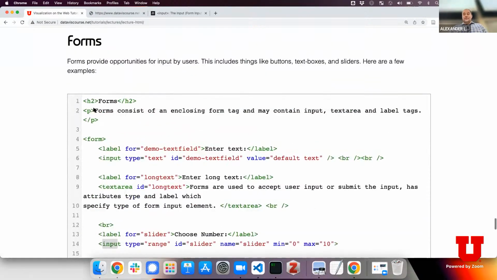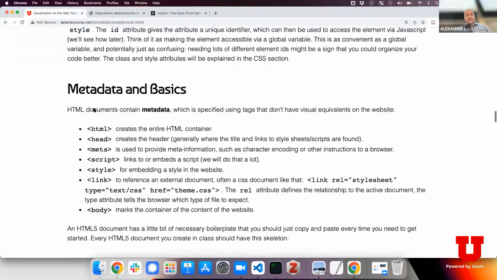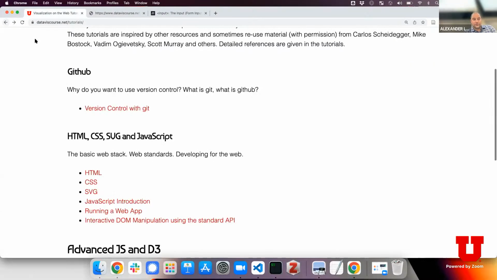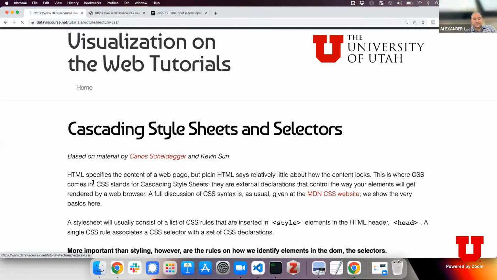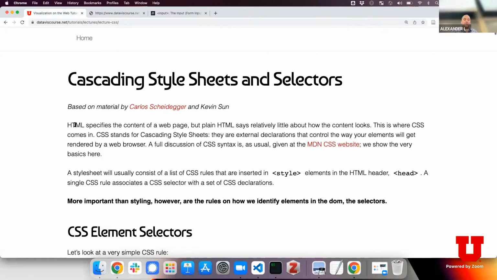OK, great. So then let's move on to CSS, which is maybe a little bit more interesting. CSS is kind of the appearance pair. HTML gives the document its structure and its markup, and CSS controls the appearance. CSS stands for cascading style sheet. It makes sense, style sheets and cascading, because they apply in